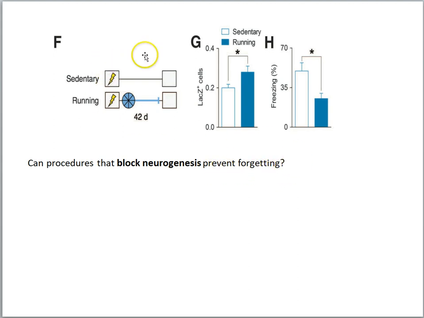So here we have the procedure. Again, we've got the two groups of mice. We've got the sedentary mice that were trained, and then they are sedentary for 6 weeks. We have the training here, and then the running exposure to the wheels. So we've got neurogenesis happening here, and then testing. We've seen that this is the earlier research. We know that there's an increase in neurogenesis in the running condition, and that leads to forgetting. But now what happens when you block the neurogenesis that was triggered here? So researchers are going to use a pharmacological technique to block neurogenesis in both groups, and let's see what happens.